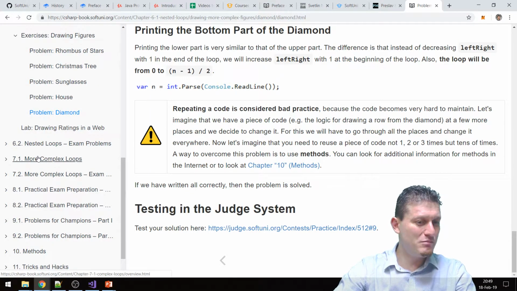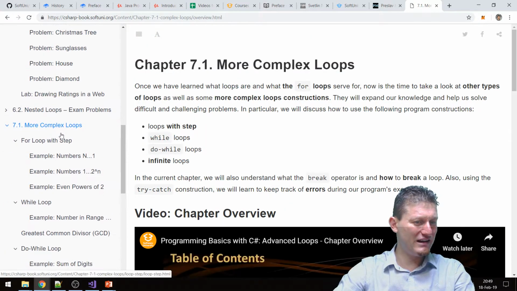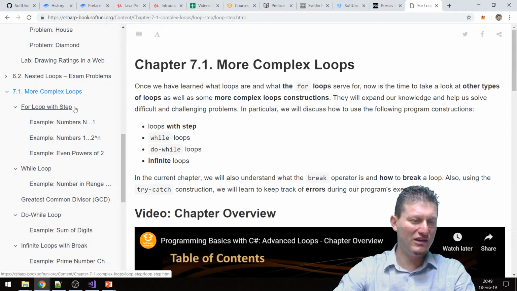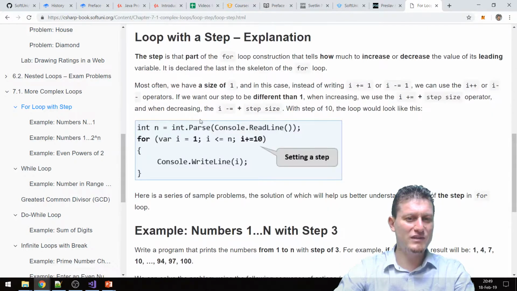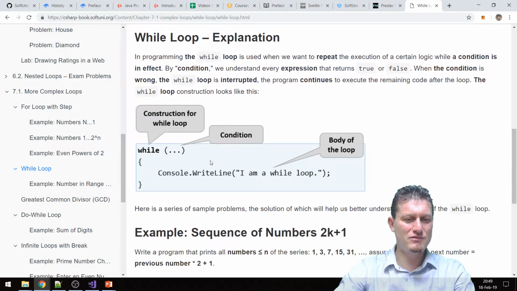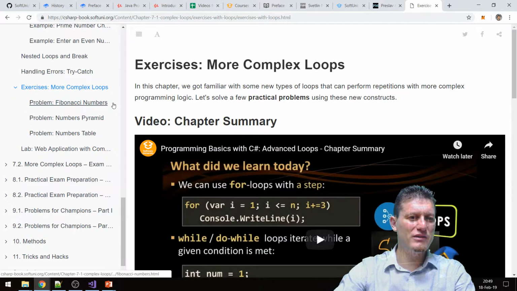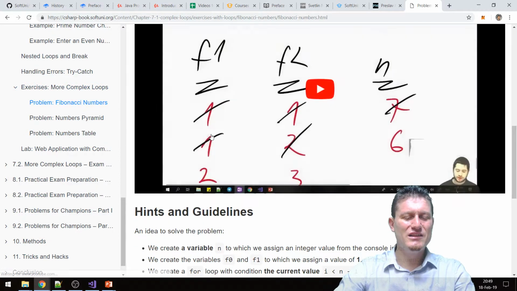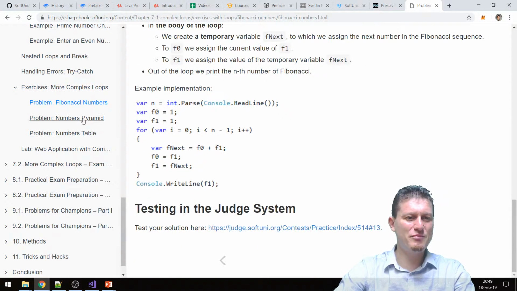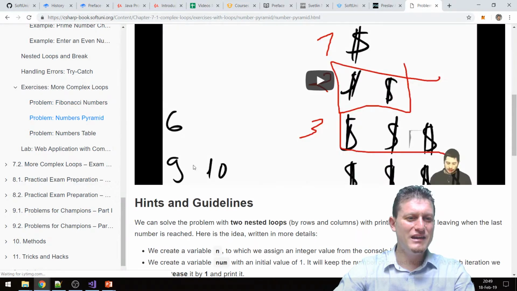For example, more complex loops is something where we will teach loops with a step like this one, while loops like this one. We have videos, of course, and we have a lot of exercises. For example, the Fibonacci numbers, which has videos and explanation, the numbers pyramid, and others.